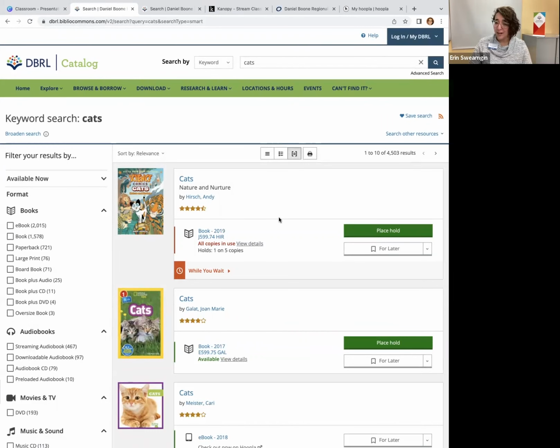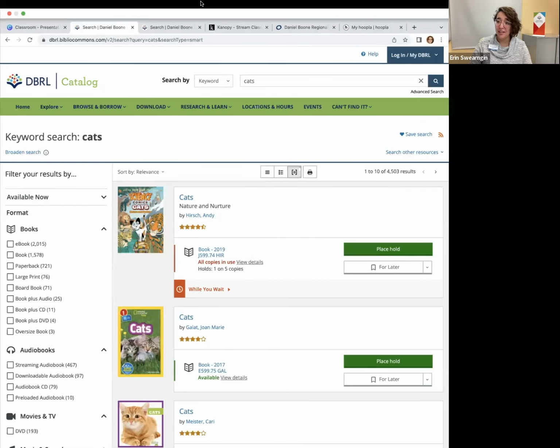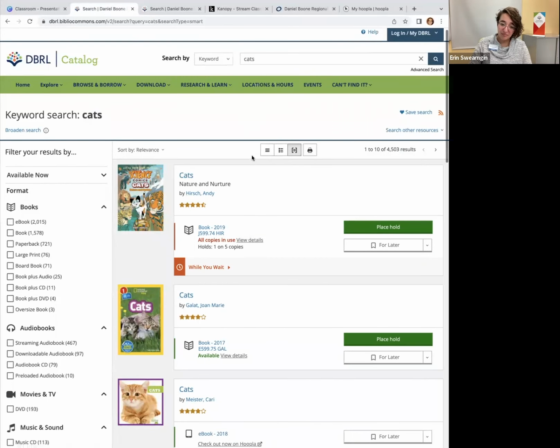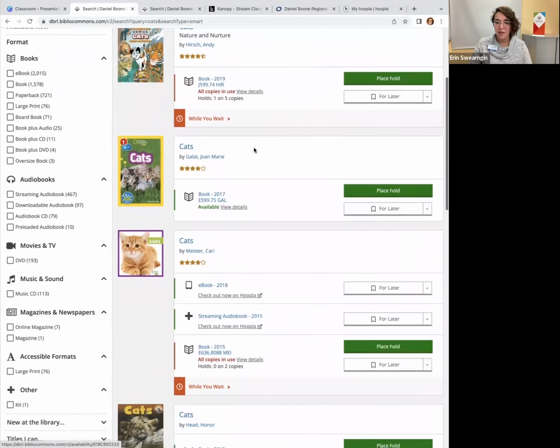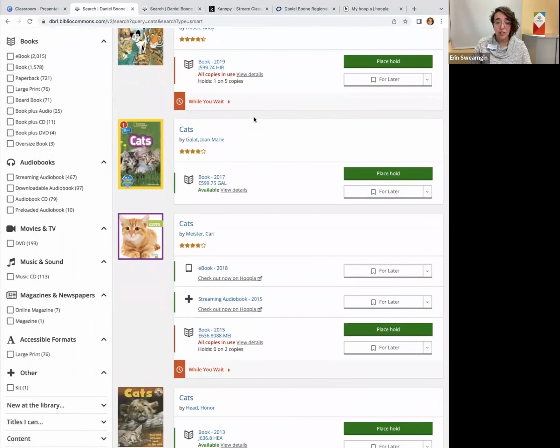Sometimes our catalog is very helpful and sometimes it can be very overwhelming. For example, when I type in cats, it comes up with 4,500 results. That can be a little overwhelming. So what I want to do here is we can do a couple things. I can just browse and see if there's anything that I'm immediately looking for, or I can filter to the